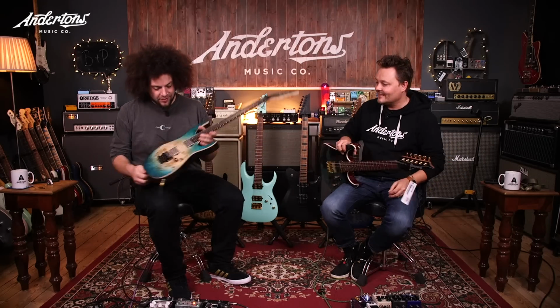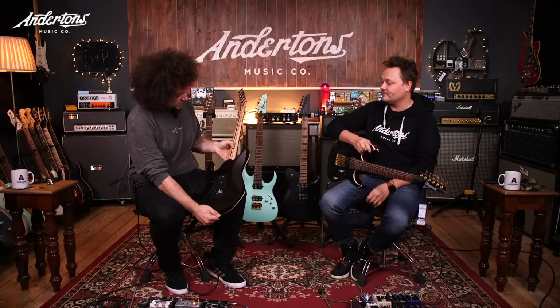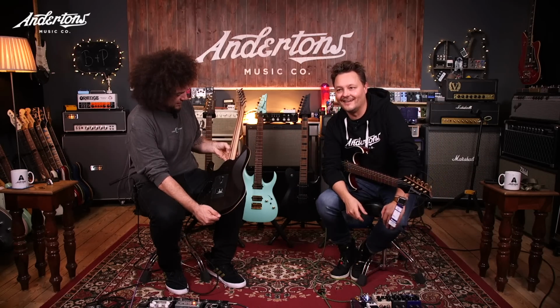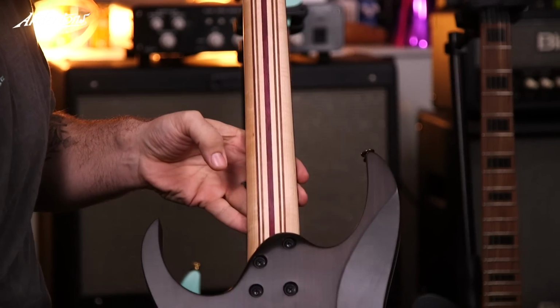So I'm playing. Look at the neck on that. Flick it over, baby. Flick it over. Look at the neck. So this is a 1, 2, 3, 4, 5, 6, 7, 8, 9, 10, 11 piece neck. Because 12 is just too much. This is the